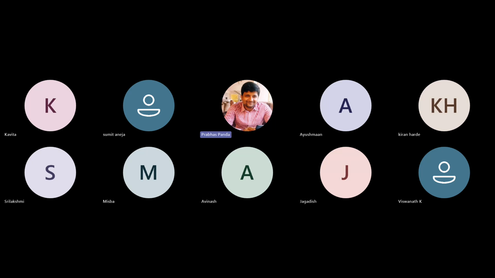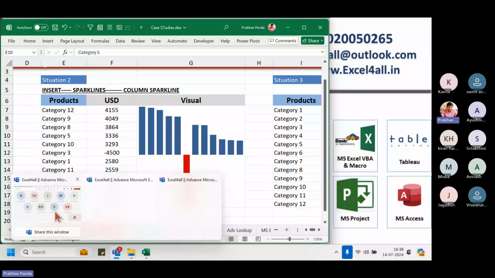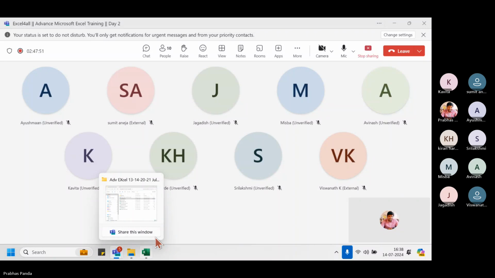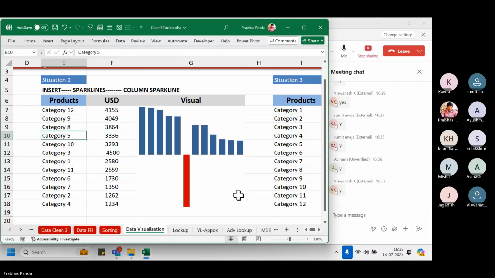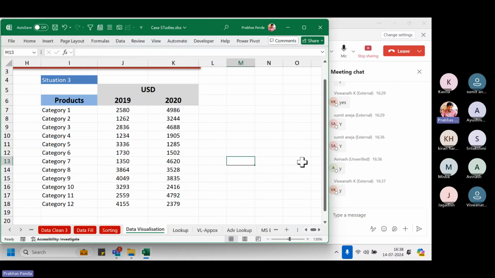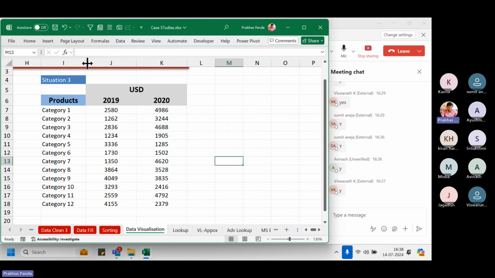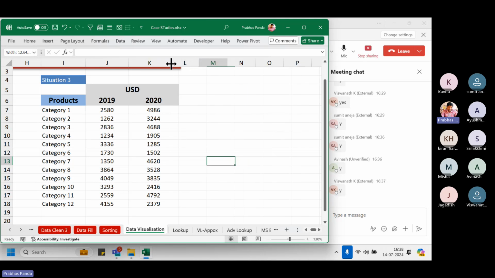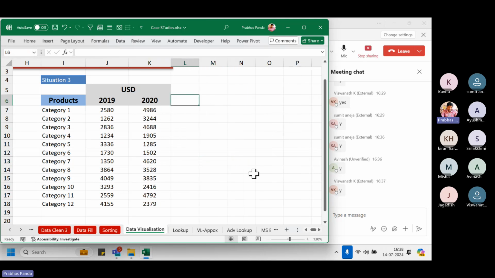All right. So now let me take the control back on the screen. I believe situation 2 is clear for all. Now we'll go for situation 3. Here we have some historical data of 2019 and 2020, say 2 years of data. Now the question is how to present it effectively so that whoever is watching my data will be very happy. So when you go for this 2 years data, something like this over here,